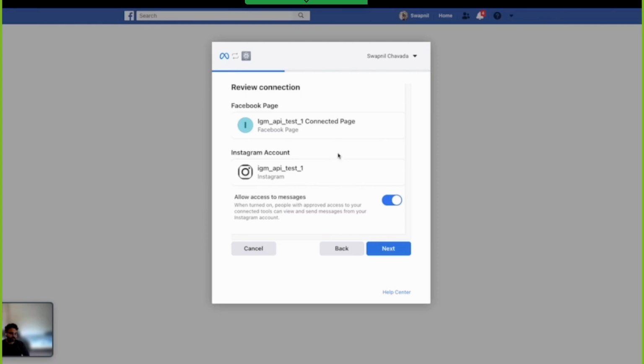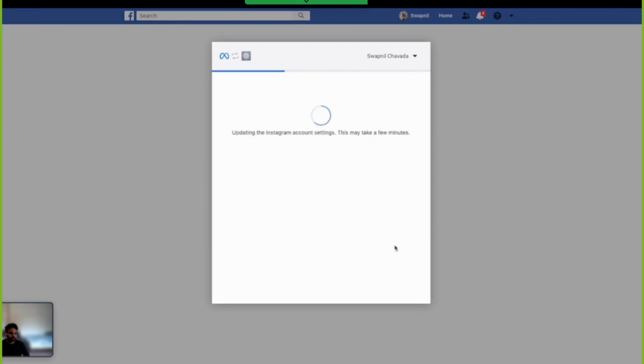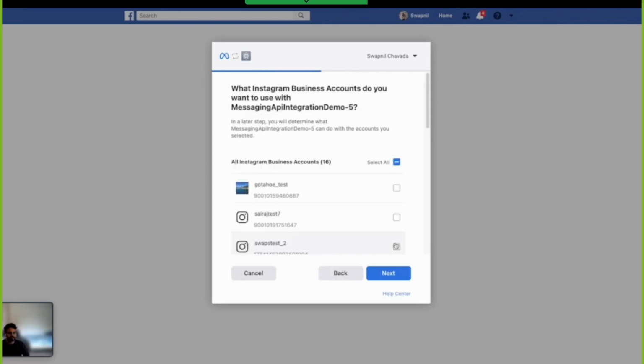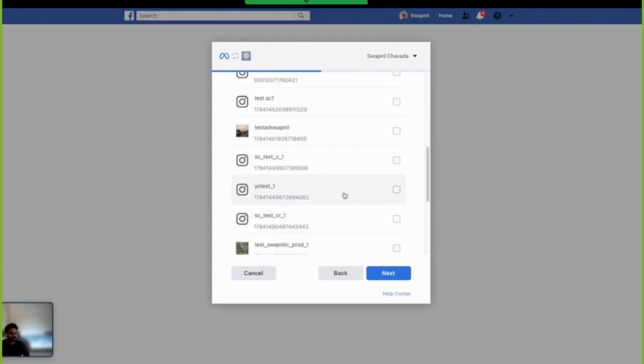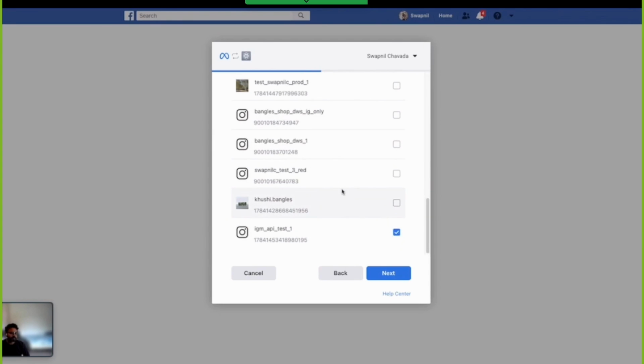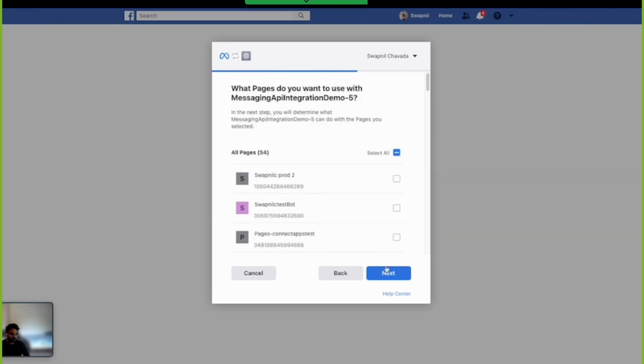The next screen asks us to review a few things. Let's do that and move on. Behind the scenes, this is connecting the Facebook page that you just selected and your Instagram account. Next up is permission grants. By default, your new IG account that you just logged into should be selected. You can hopefully move on quickly from this step.